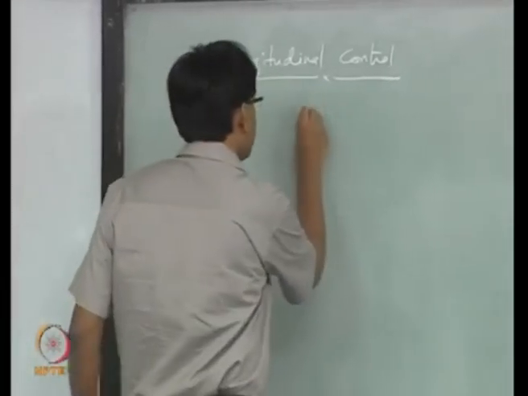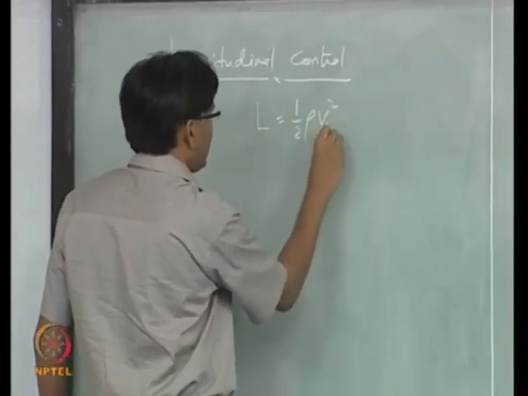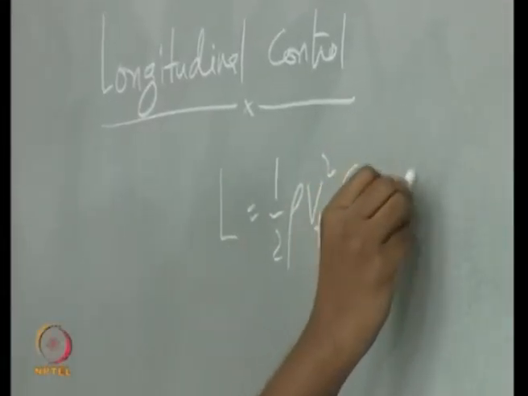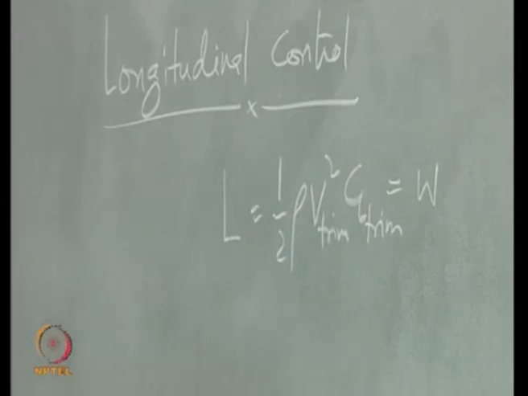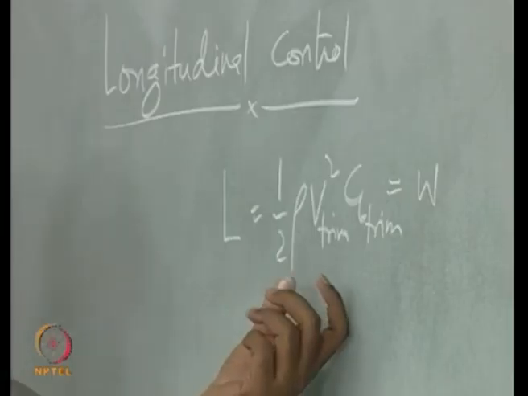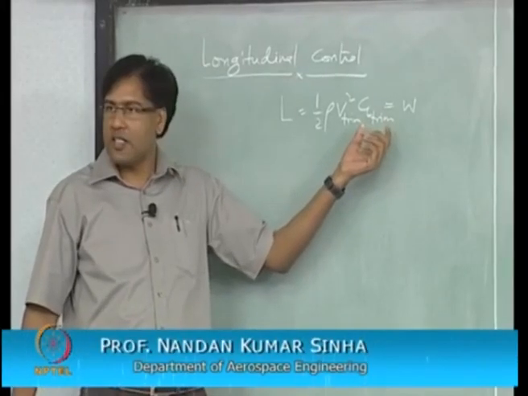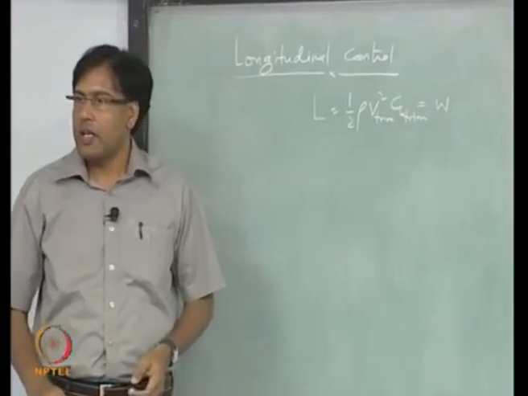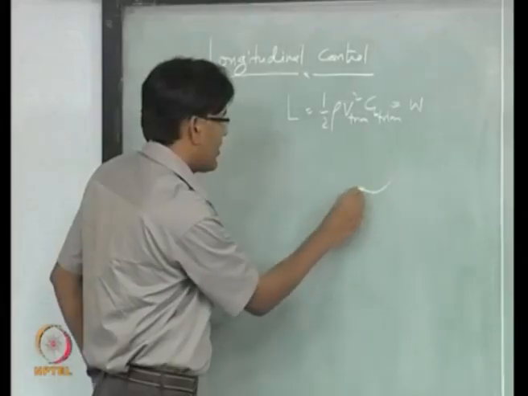We want to change the trim condition, right. So, let us say I want to fly a different speed, no? So I have to somehow adjust this part so that this is equal to W, right. It's not only in level flight, you can also look at